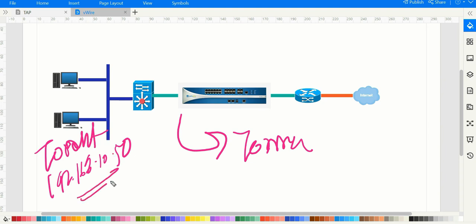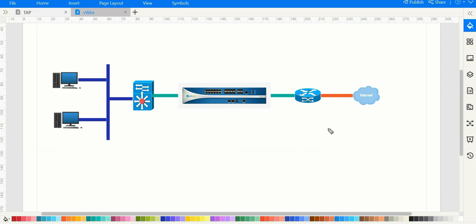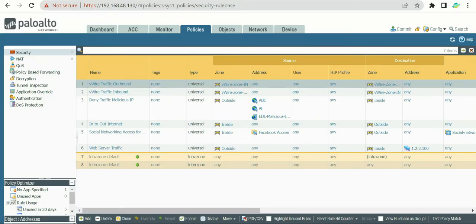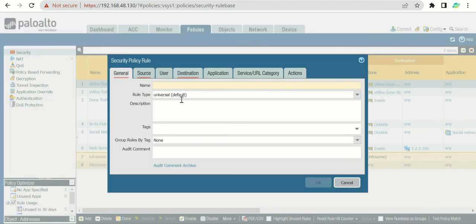But let's say this is the IP we want to restrict, and all we need to do is create a policy where we can block the traffic. Now let's go to the firewall and block this traffic. On the firewall, what we need to do is just select here and add one of the policies. It has to be on top, because if we put it below,